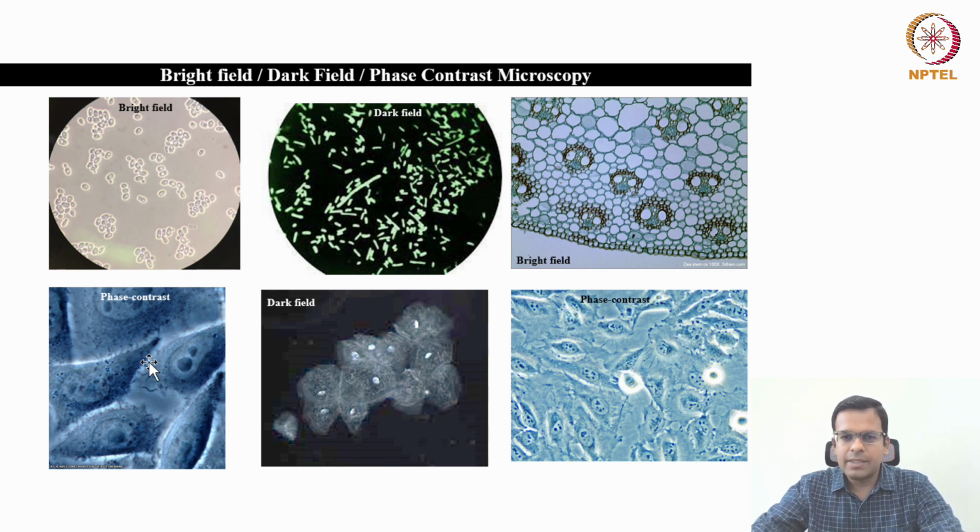Again, you can see the size and shape of the cell, and you can count the cells. It just gives you a little better contrast compared to the bright field microscope. And this is another image of the dark field microscope. As you can see, the background is dark and the objects or the cells are bright, and again it shows you the size and shape of the cell and external morphology, and maybe you can count the number of cells. So using this kind of traditional microscopy methods, this is what you can learn about the cell.